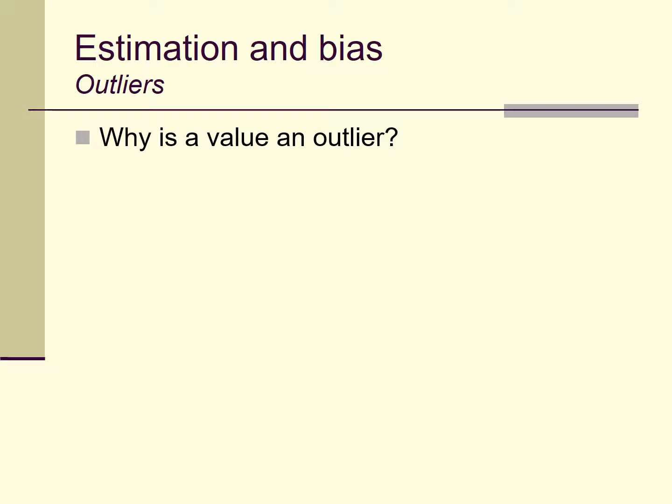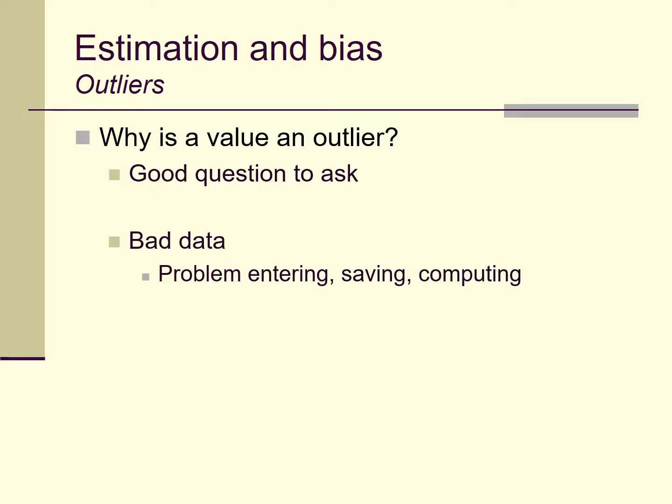As we've talked about before, anytime we encounter outliers or suspect that there are outliers in our data, we should probably ask why this is the case. And there are basically two big problems, or two sources of outliers. One might be just bad data. So if we look at a distribution of data that we have for a particular variable and we notice an extreme value,